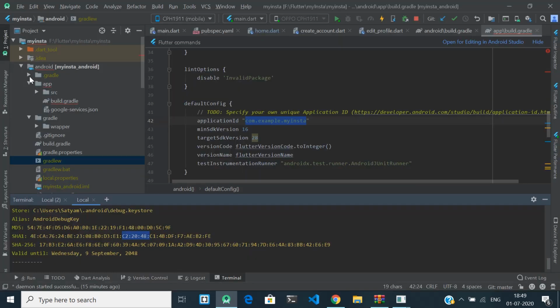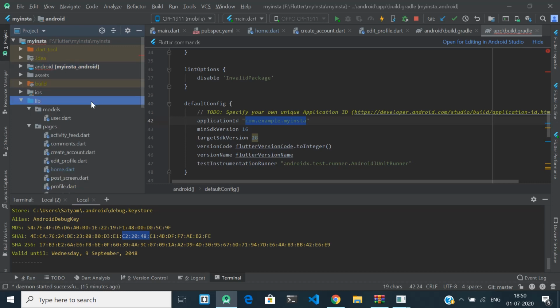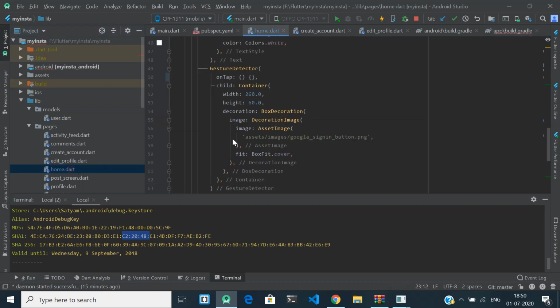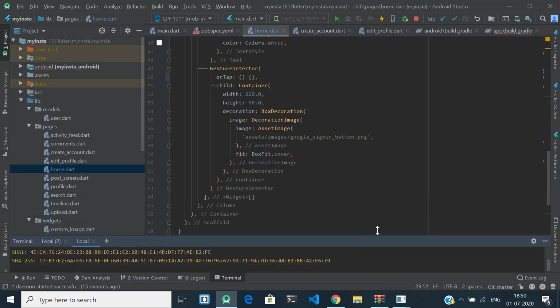Then you have to go to app, and inside the app you have to paste your Google service.json file. Sometimes when you download it, if you have already downloaded some Google service JSON file, it will give you something like Google services one, so you have to rename it as Google services.json, then only it will work. If it is coming red here, it does not mean any error, so you can just go with it. Now let's see how we can do the actual sign in.